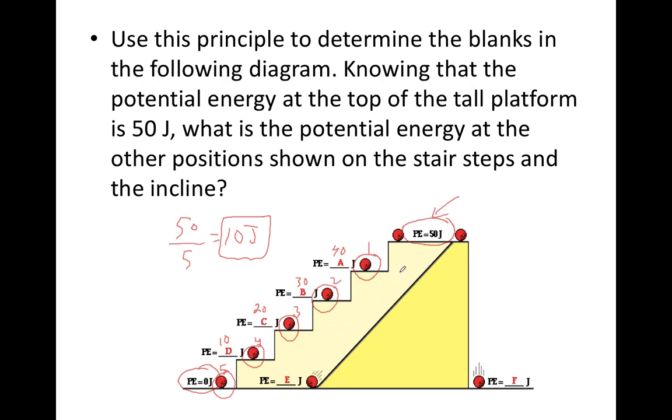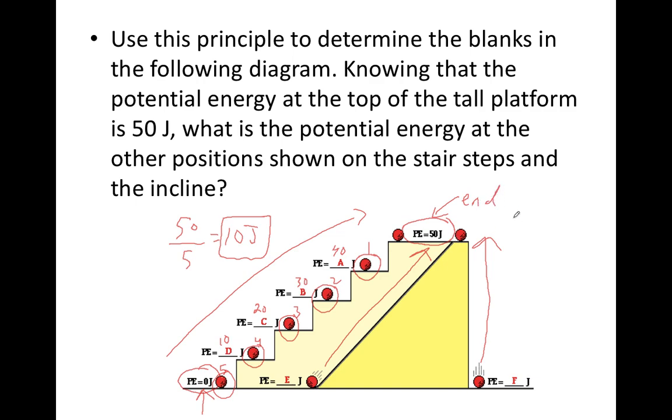The potential energy of the object along the ground is always 0. It doesn't matter how you travel up to the top of this staircase. You could go up the stairs, or you could go up this incline, or you could go straight up. The path that you take does not change the potential energy at the end,